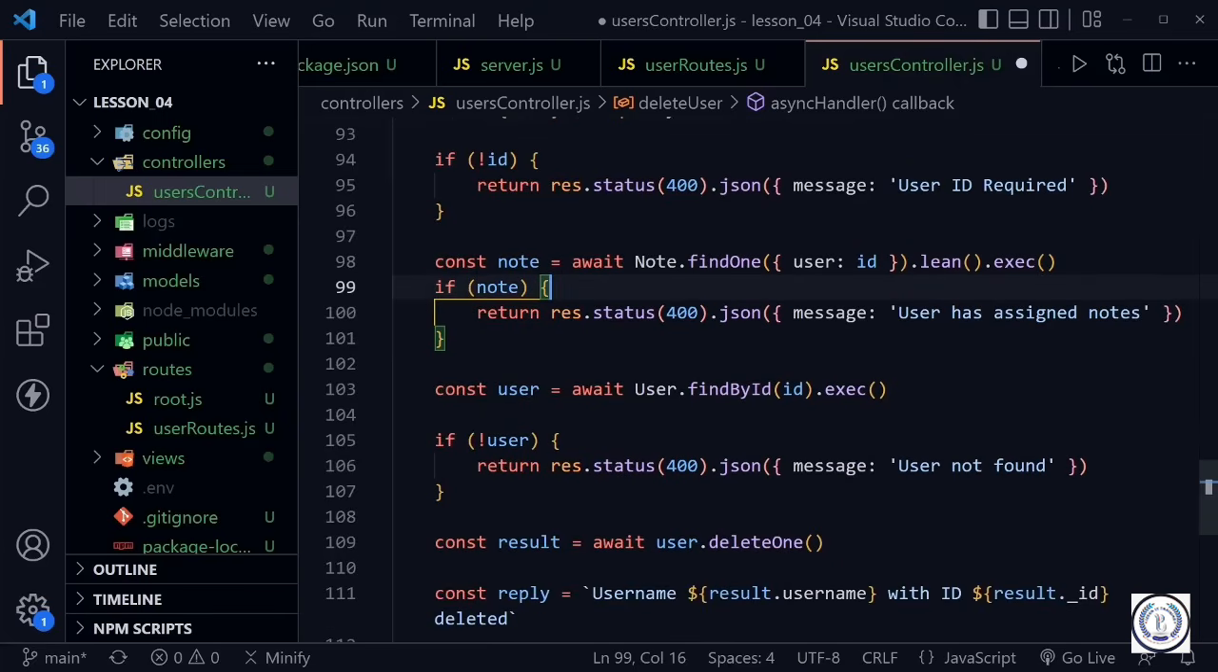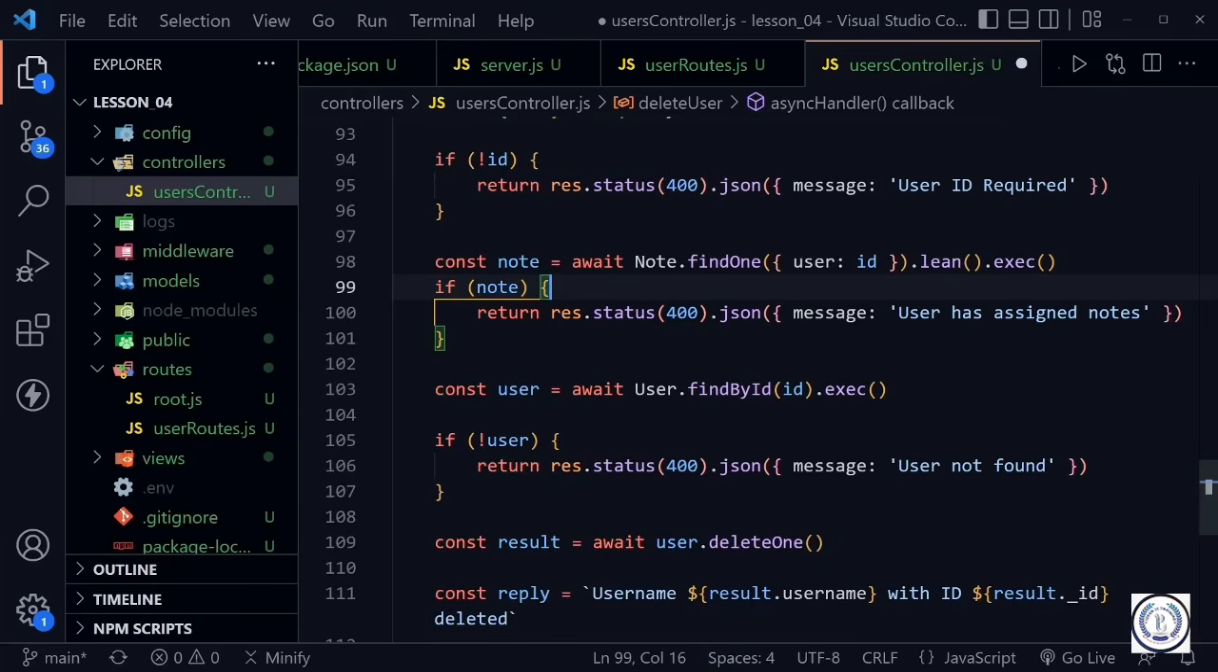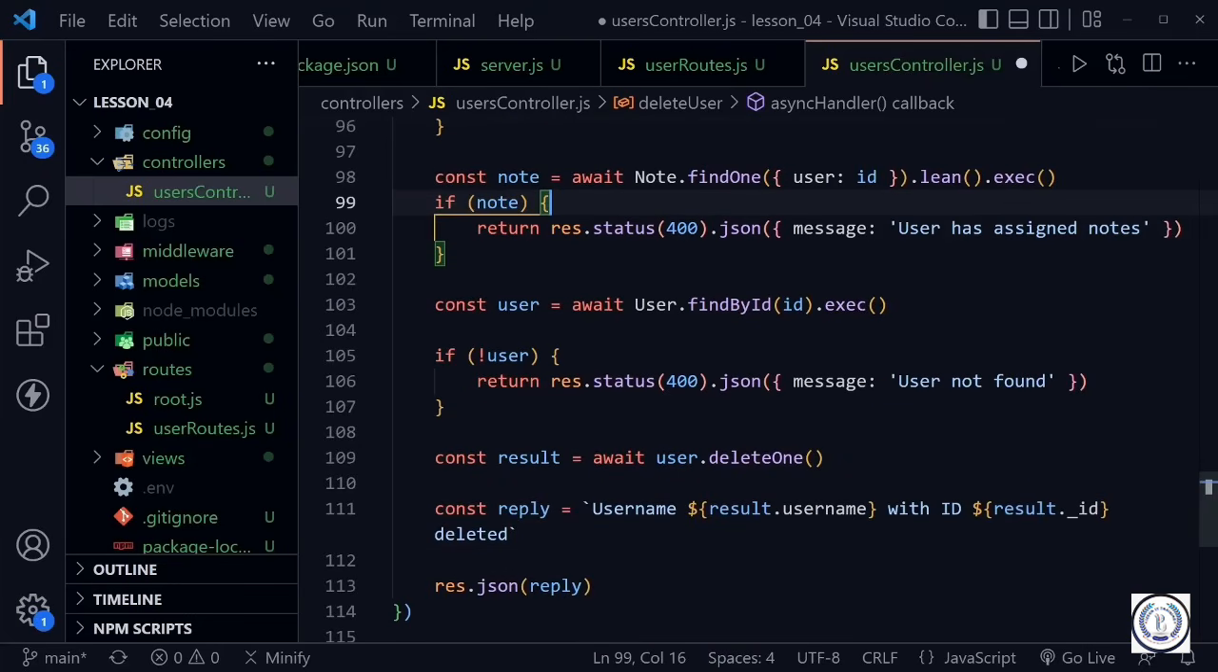Now we also might get a user not found if we send an ID that doesn't exist, but we can't check this user has assigned notes now. We'll have to wait until we create the notes controller. So we're really just going to check to see if the user ID is required or the user is not found, and then we're going to make sure it can delete a user as well. It looks like I need to save that change, and Nodemon will restart our server,